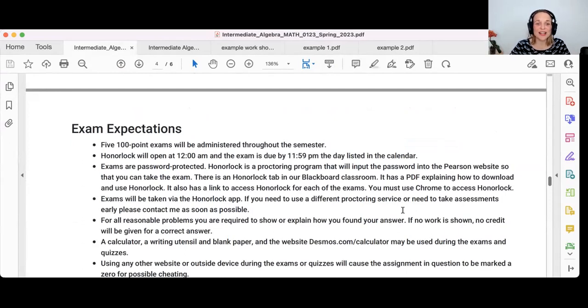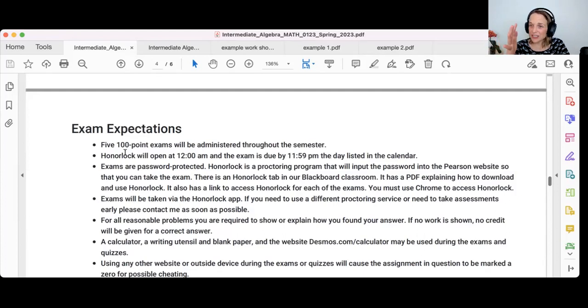All right. We have exams. They will be administered throughout the semester. I'm not going to take off one of the exam grades, but I am going to allow you to retake each exam. Okay, so you have 5 exams. If you want, you can retake each one a second time, and I will use only the highest score. Okay, you take the exams in a proctored setting.